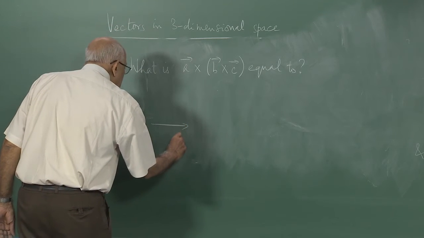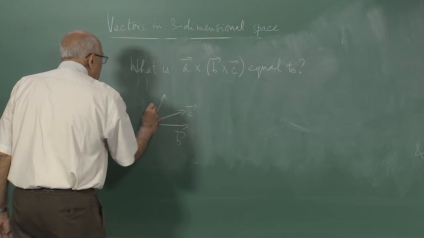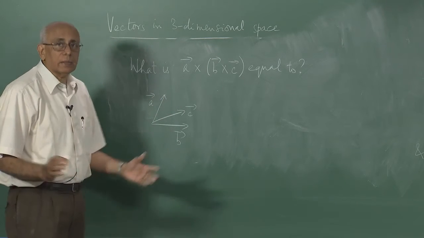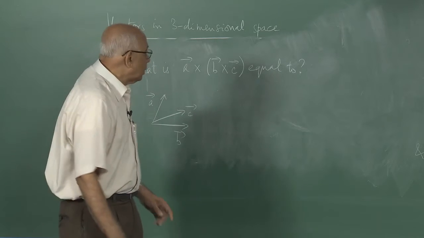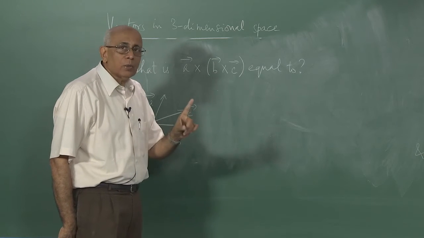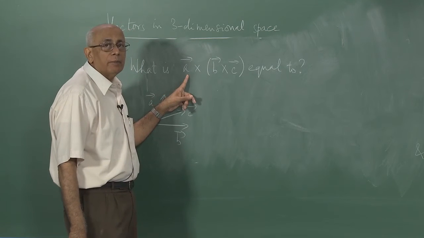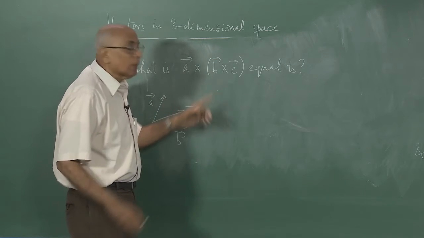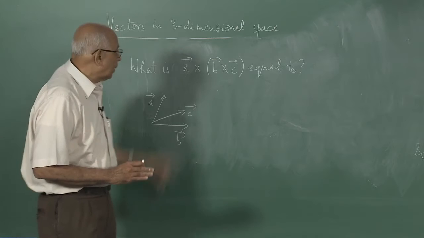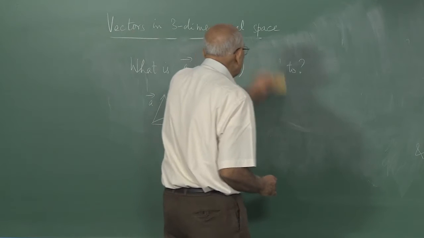Again, I draw a little picture and say, suppose this is B, and that going inside is C, and that is some vector A. I would like to know what this quantity is. It is a vector. The answer is a vector. Now what I do know is that A cross any vector is perpendicular to the plane formed by A and that vector. So in particular it is perpendicular to A. Therefore this vector, whatever it is, cannot have a component along A, because it is perpendicular to it because of the cross product. Let us therefore call this vector D,